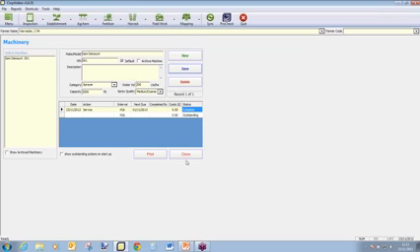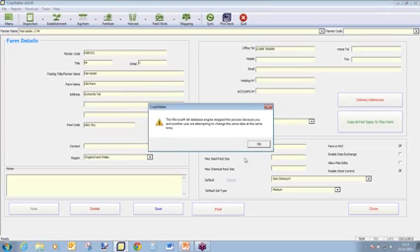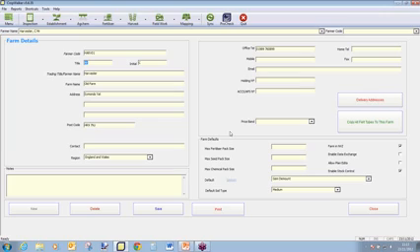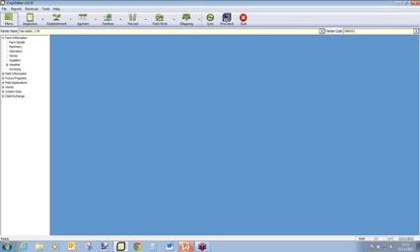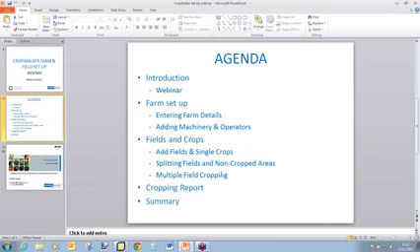So if I save that again and close out of this screen, I'll just go back into the farm details screen and you can see that that sprayer has now come through as the default sprayer for that farm. Okay, so if I close out of farm details now and just go back,